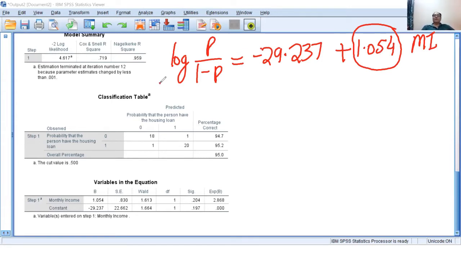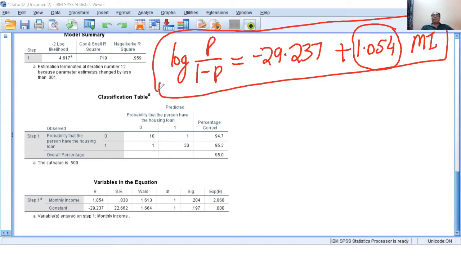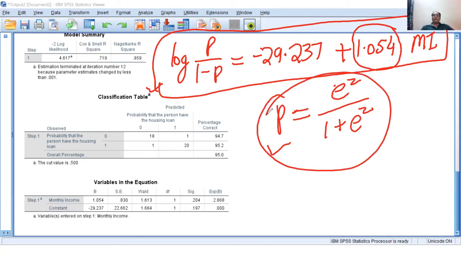So now, as I told you earlier, the regression is captured by the logistic regression and the probability is captured by the logit function. So we will use this logit function, e to the power z upon 1 plus e to the power z, to predict the probability, right? So first of all, let me show you how to convert this equation into the probability. I am going to tell you that this is a very important practice, and it is not explained in any book or in any